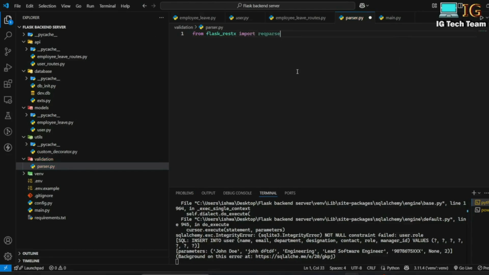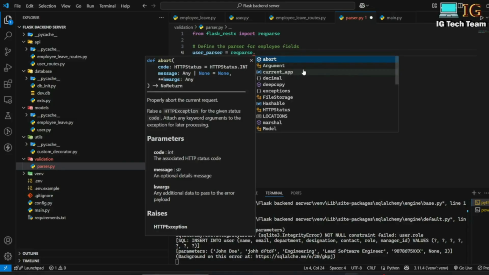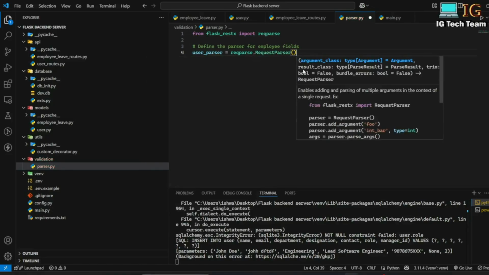Import reqparse. Now I'm going to define the parser for employee fields. So this is my user parser. I can write reqparse.RequestParser, okay,